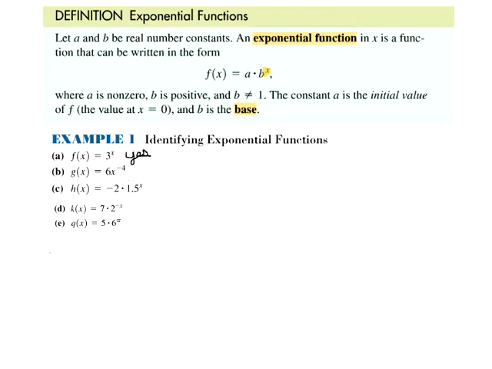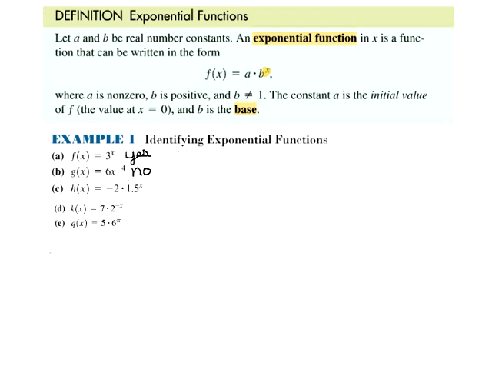What about part B? Is part B an exponential function? No, what's wrong with it? You're right. What's wrong with it? There's an exponent. The exponent's a -4 though. There's no variable up in that exponent. So because there's no variable up there, it's not a real exponential function. It's just an exponent there, which is technically just a constant, not an exponential function.